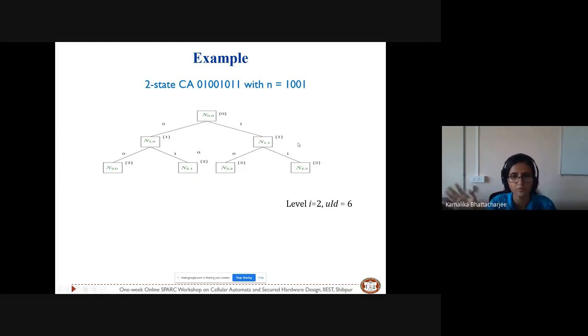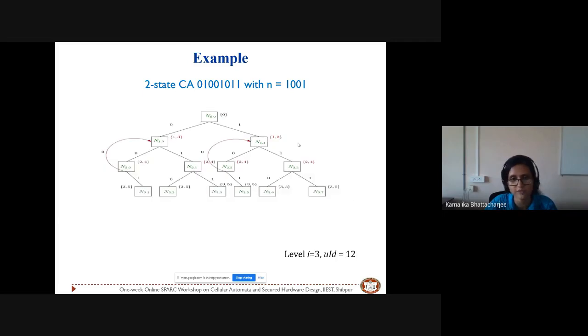So there is no loop and no duplicate node. Now for level 3, you can see that this node and this node, N2.4, N3.4 and N3.0, these nodes are duplicates of these two nodes. So just like I have said, we'll be adding a link to keep track of that node. So once we add the link, this N1.0's level will be updated.